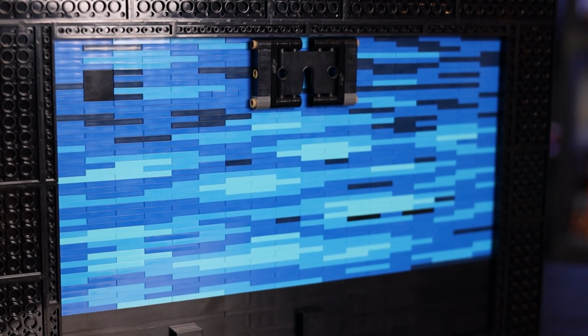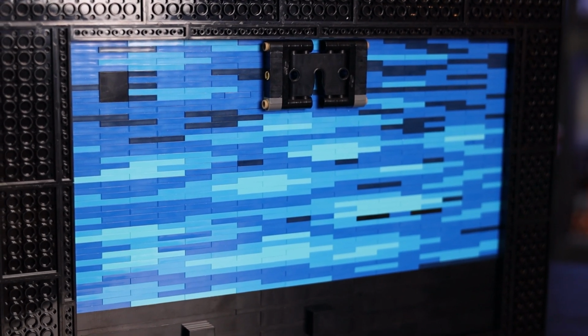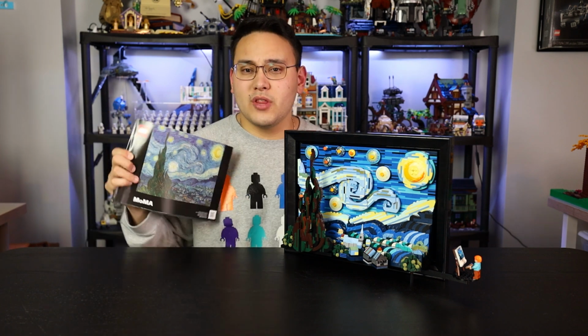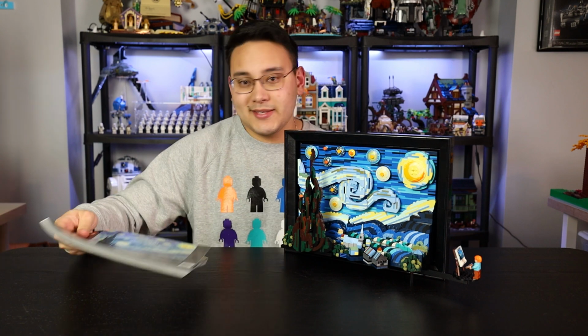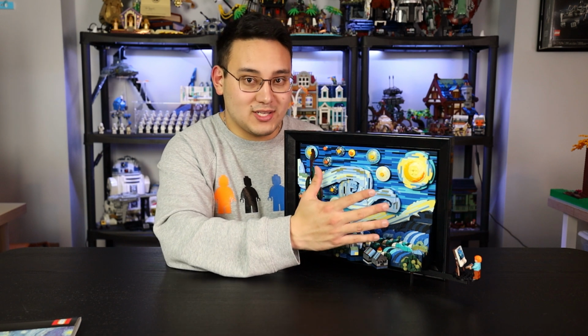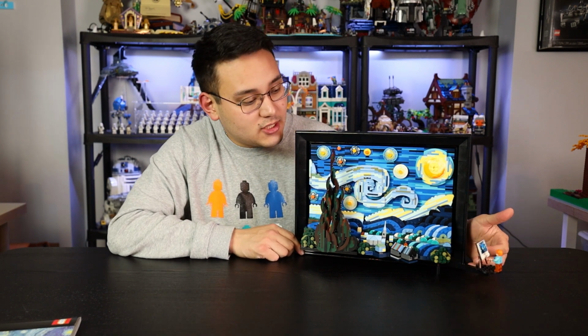The only thing I will say is obviously when you're building the different backgrounds here, the blues can get a little bit tricky. I would have loved for LEGO in the manual to include a numbered system like they do for the mosaic or for the world map, just to make it a little more clear. There was an instance where I ran out of one color when I wasn't supposed to, so that color is somewhere here where it's not supposed to be. Now, that could have easily been something I only have an issue with. Just discerning some of the closer blue colors was a little bit challenging, I would say, but overall